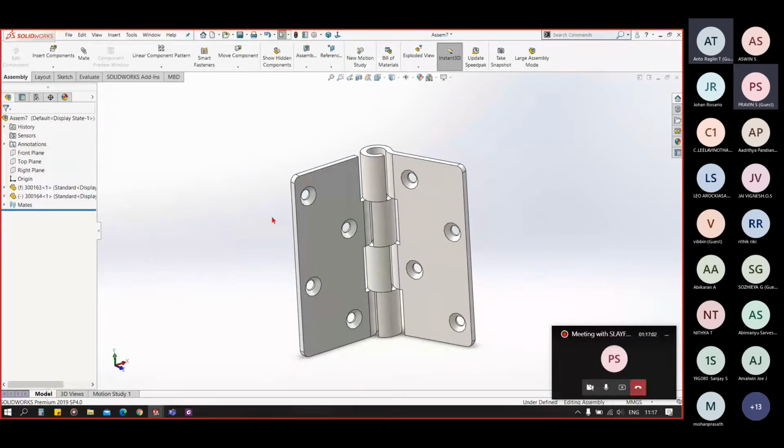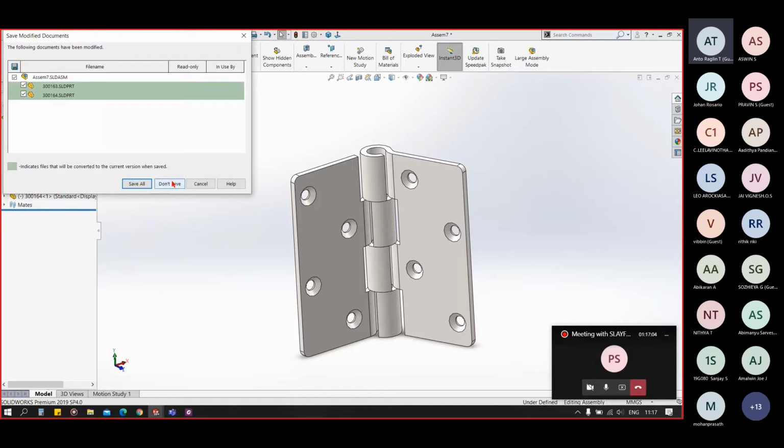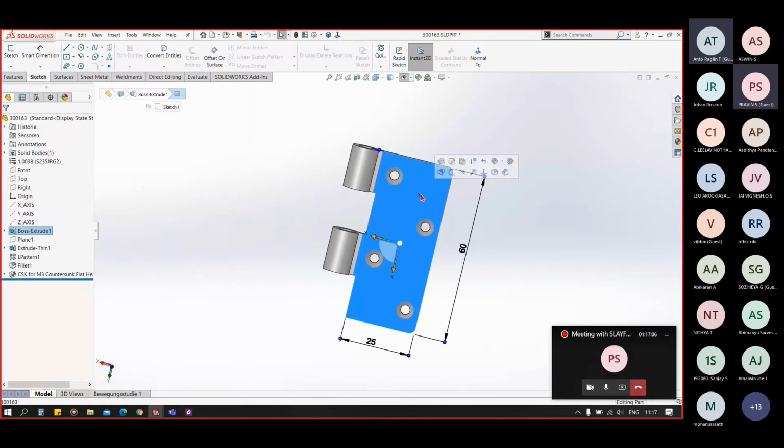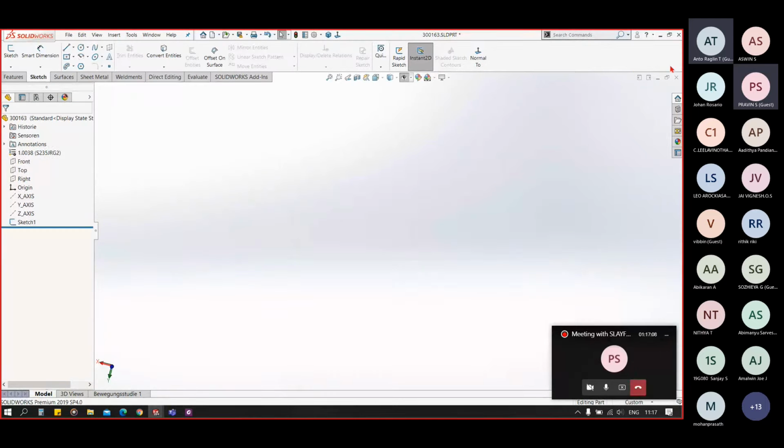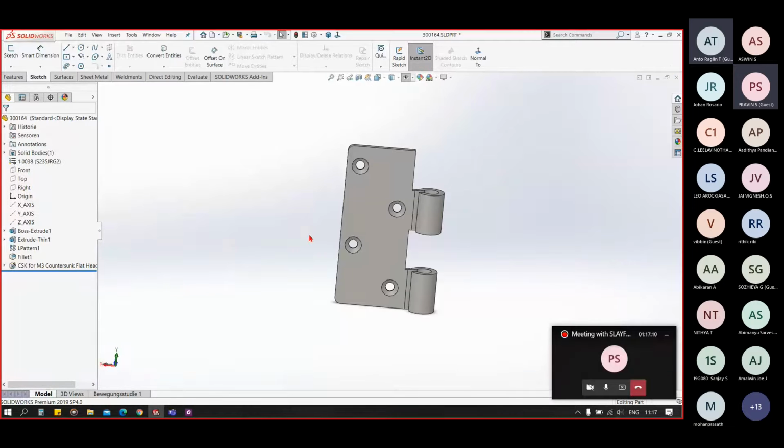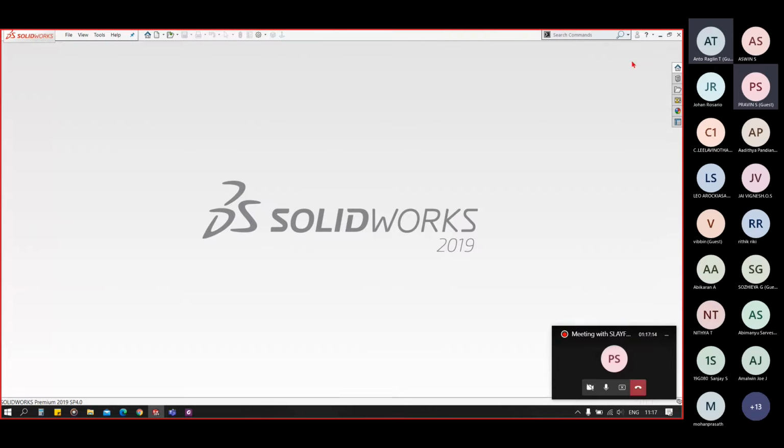So now the next type of mate is gear mate. Before going to gear mate, we will be seeing what the design library is and how to add different components from it.